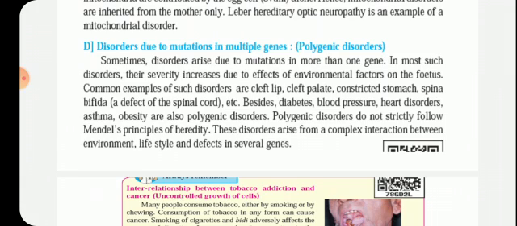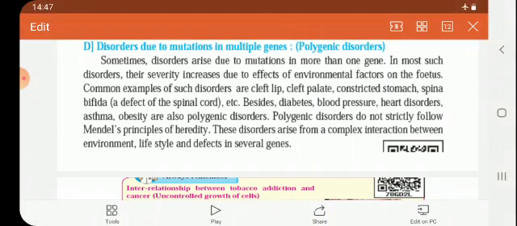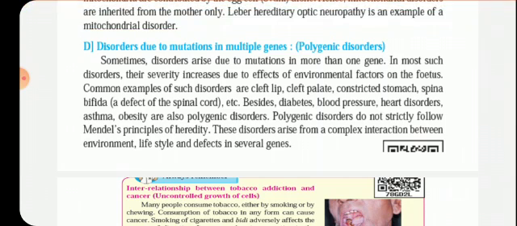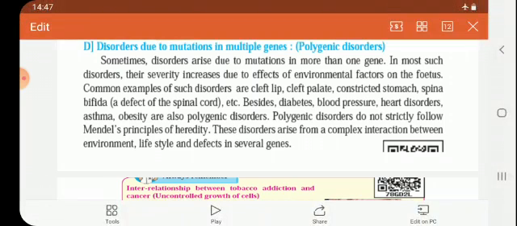Then constricted stomach, where the stomach is not of proper shape and is smaller in size. Then spina bifida, a defect in the spinal cord. Besides that, diabetes, blood pressure, heart disorder, asthma and obesity are also considered polygenic disorders,